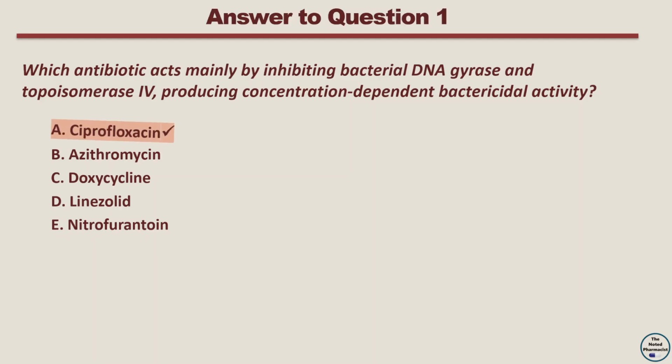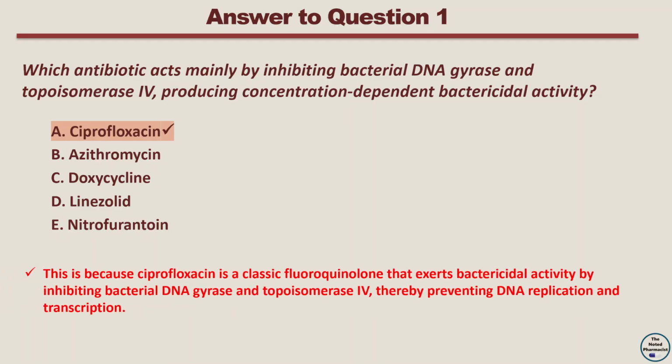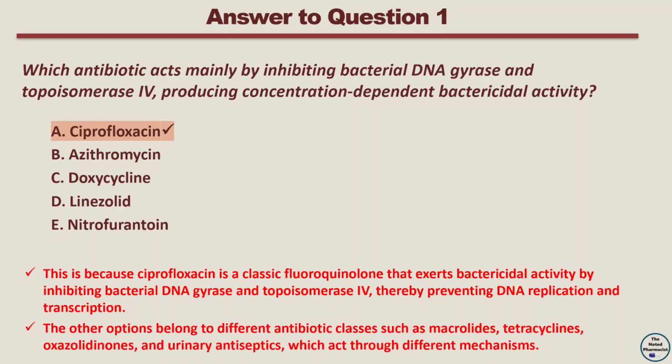The correct answer is option A. Ciprofloxacin. This is because ciprofloxacin is a classic fluoroquinolone that exerts bactericidal activity by inhibiting bacterial DNA gyrase and topoisomerase 4, thereby preventing DNA replication and transcription. The other options belong to different antibiotic classes such as macrolides, tetracyclines, oxazolidinones, and urinary antiseptics, which act through different